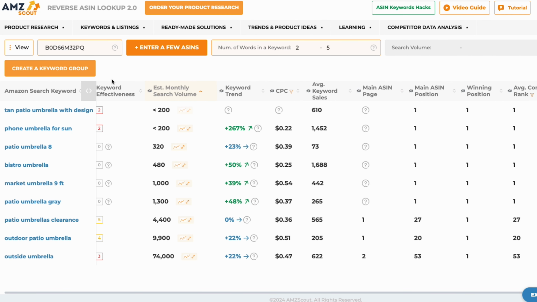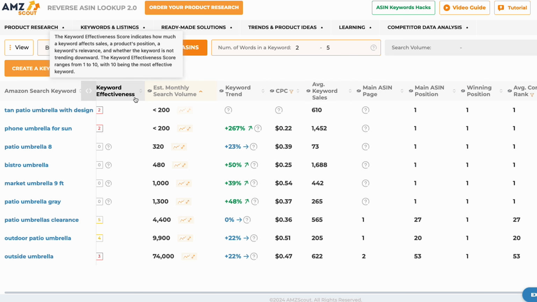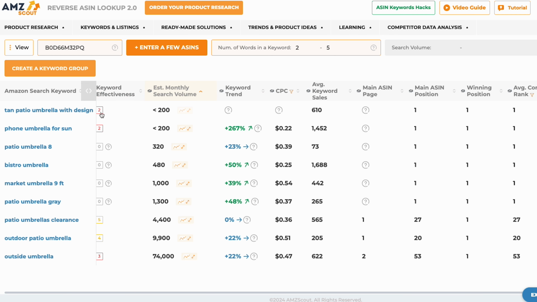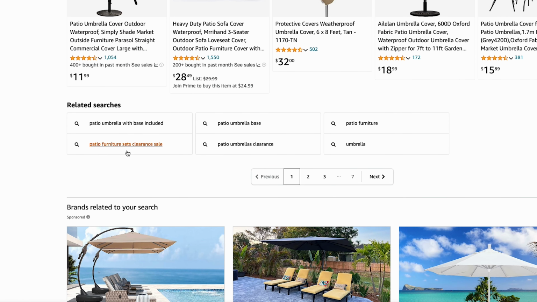Now you'll see a few columns that I like to focus on, and the first is the keyword effectiveness. This is a score that indicates how much a keyword affects sales, a product's position, and relevance. Typically, I like to see a figure over 7 here. The next column I like to focus on is the main ASIN page. This will show you the page number a product appears on when a customer types in the keyword. This is great for when you're launching a product and want to stay on page 1 of the search results